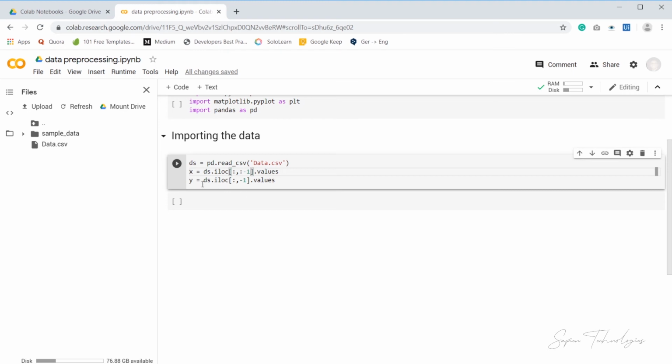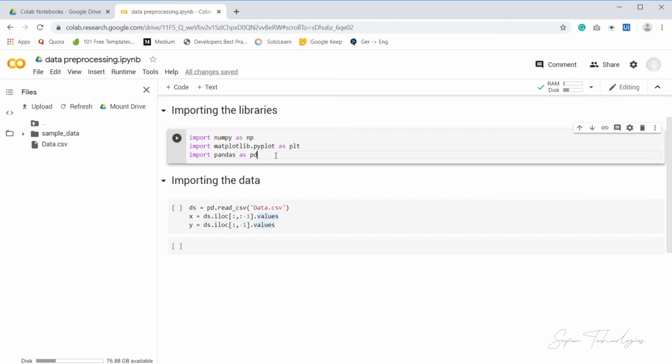So coming to Y, here it is extracting the last column. See, you can clearly see that here. Entire row, range from 0 to last one, and last column indicated by -1.